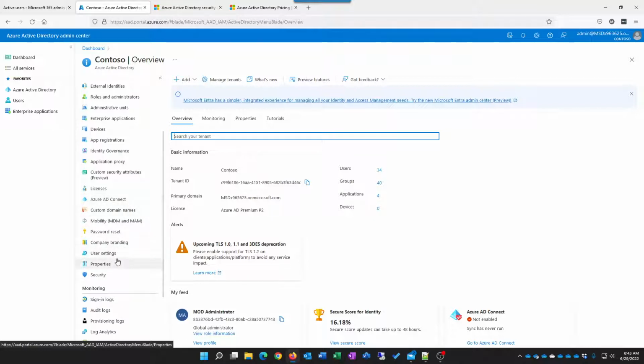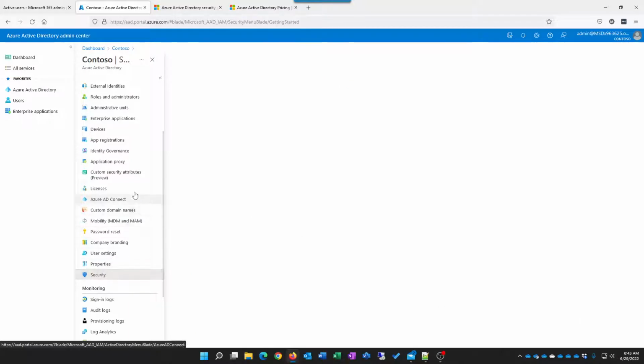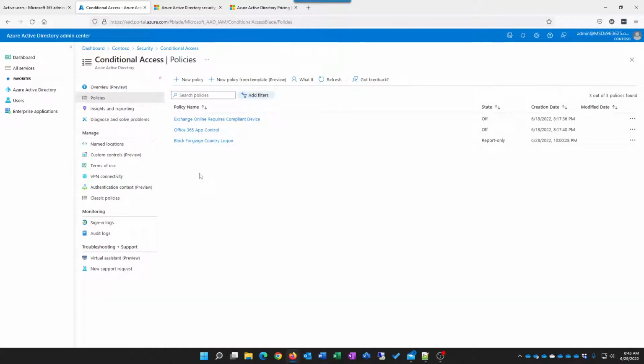And then let's go back over to security here and look at conditional access policies. Think of conditional access policies as: what scenario do you want to allow or prevent or restrict, whatever it might be? A very common one is block foreign country. So if you're a company in the United States, your employees typically travel on vacation to either Canada or Mexico. People travel all over the world, I know that, but those are the most common places. But some organizations have, let's say, a security compliance requirement with the Department of Defense for CMMC 2 or something